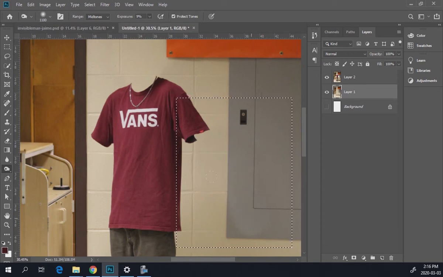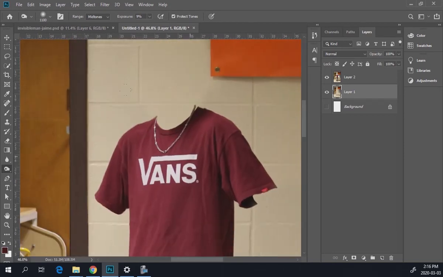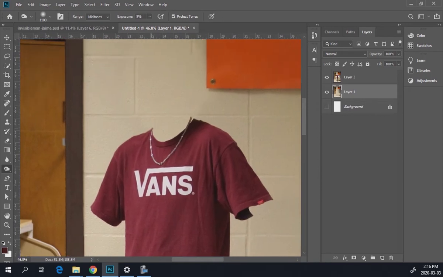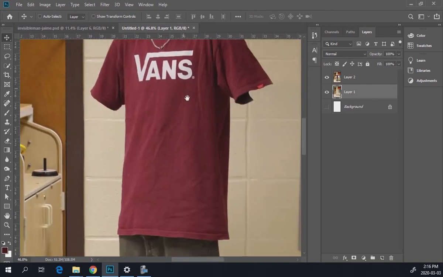Alright, not bad. Okay, good for now, because nobody's ever going to notice that. Now what we want to do is, it looks a bit prominent. It doesn't look real because he should see the back of the shirt if he was actually invisible. So what I'm going to do is take the bottom of his shirt